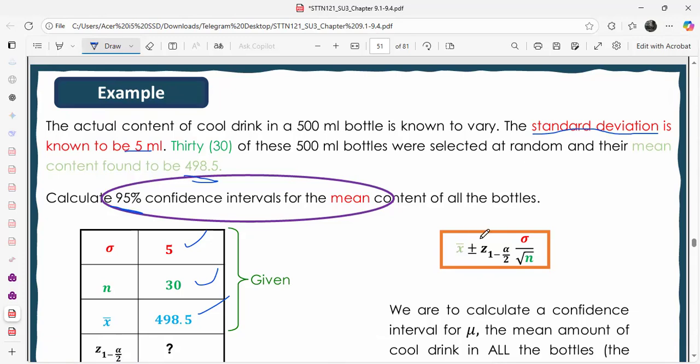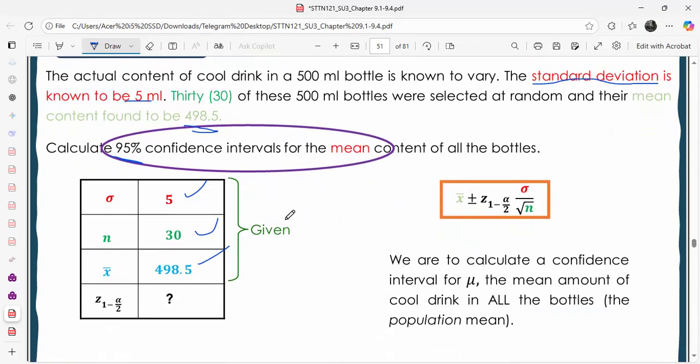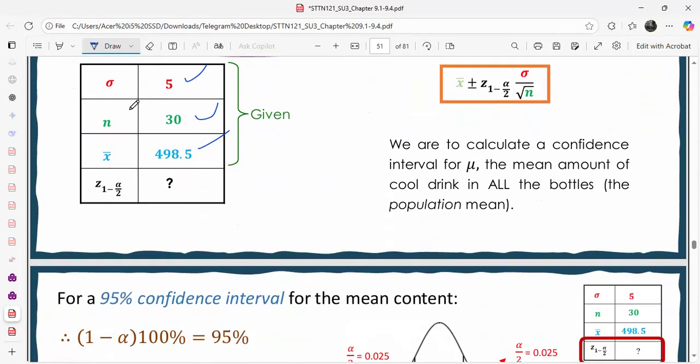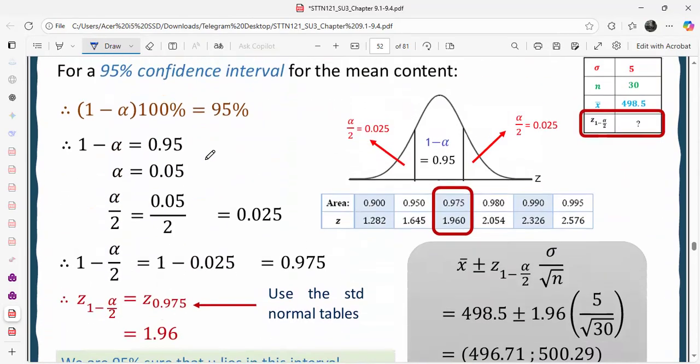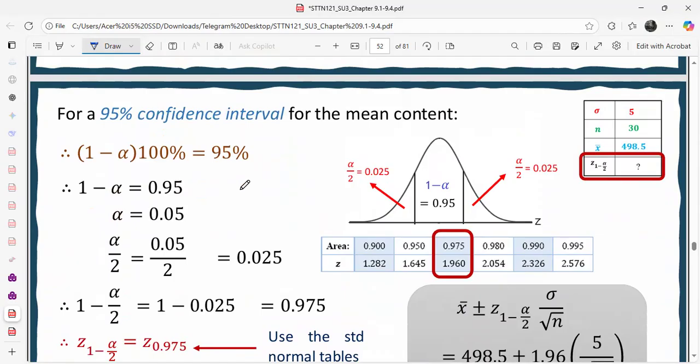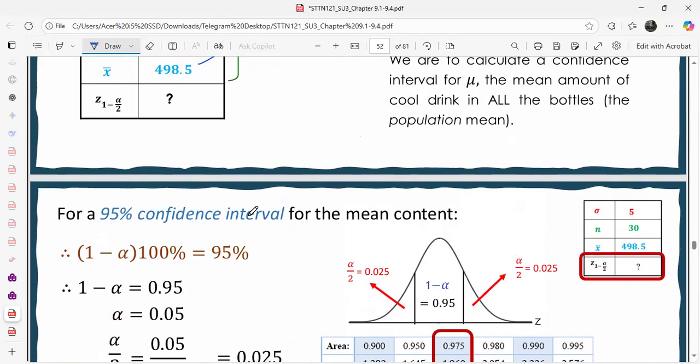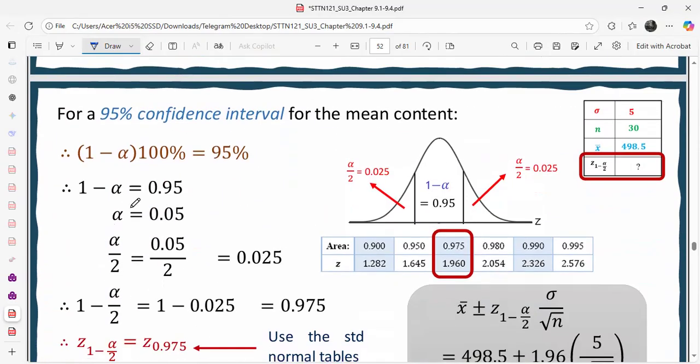So when you see x bar, you're going to put the 498.5 plus or minus z of 1 minus alpha. We will be given alpha. Let's look at this. This is how you do it now. Again, it says z, where is it? z of 1 minus alpha divided by 2. So you're just going to say z, you're just going to say 1 minus